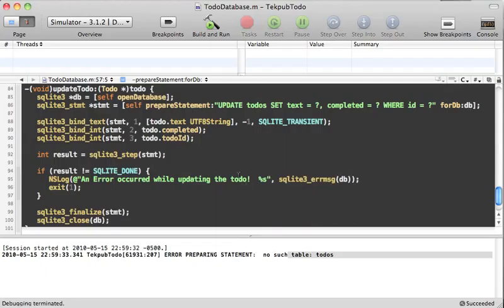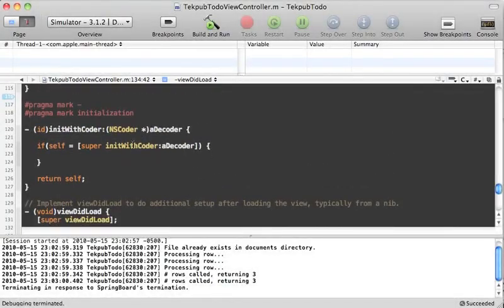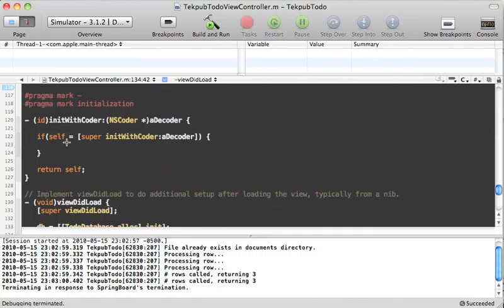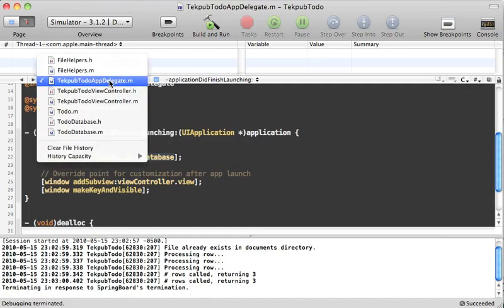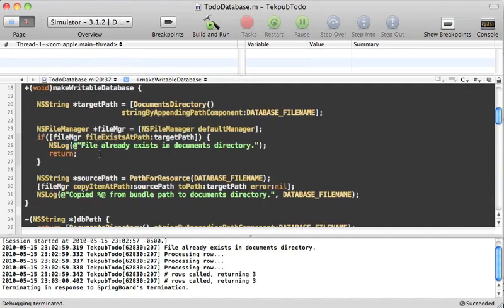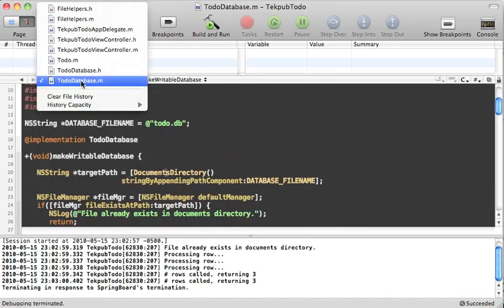Well, that's interesting. Okay, so we do have a bug here where in our app delegate we made sure to call make writable database to make sure and copy the database over at the beginning of application did finish launching, and immediately after we add the subview for our controller. But at this point, this view controller was already created, and it was created by our nib file. So in reality, the creation of the controller is happening before the make writable database, and that's where we had chosen to do our initialization of our database and the to-do items array inside of the TechPub to-do view controller